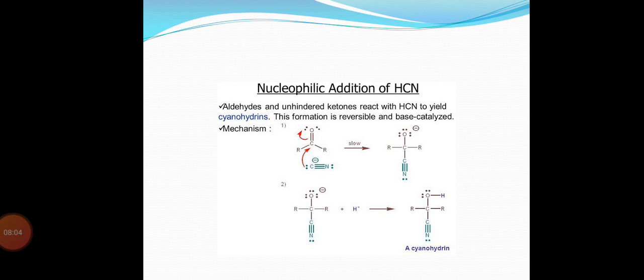This is an example of nucleophilic addition reactions towards aldehyde and a ketone, and this slide shows that mostly the nucleophilic addition reaction happens towards aldehyde and a ketone, but there is a restriction towards the ketone. Unhindered ketones have the ability towards a nucleophilic addition reaction, but when the alkyl groups of the ketone are bulky or branched, then their reactivity is still going to be decreased as compared to aldehyde.